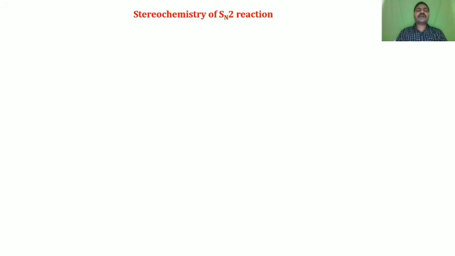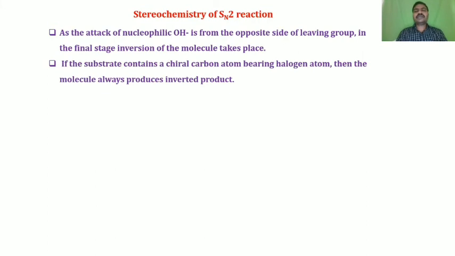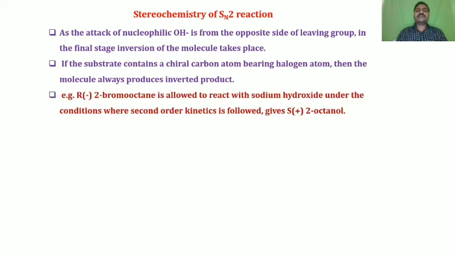Now the next point is the stereochemistry of the SN2 reaction. As the attack of the nucleophile OH minus is from the opposite side of the leaving group, in the final stage, inversion of the molecule takes place. So if the substrate contains a chiral carbon atom bearing a halogen atom, then the molecule always produces an inverted product. An example is